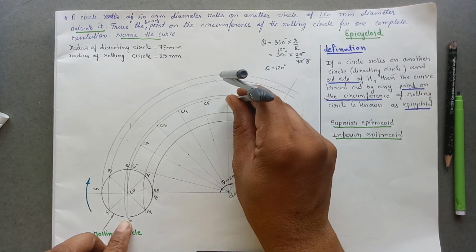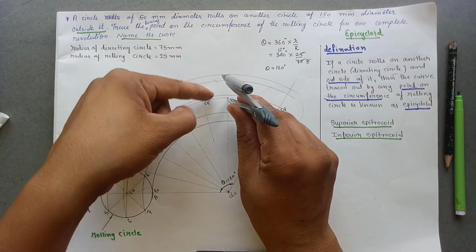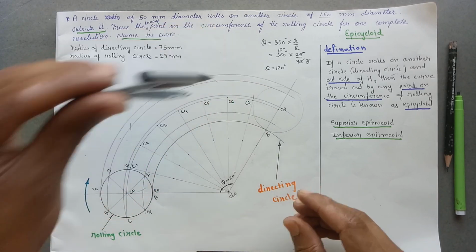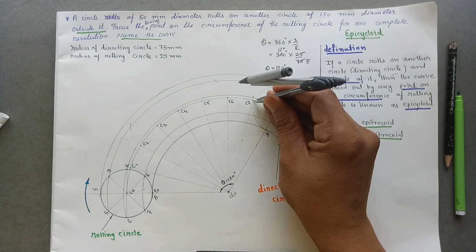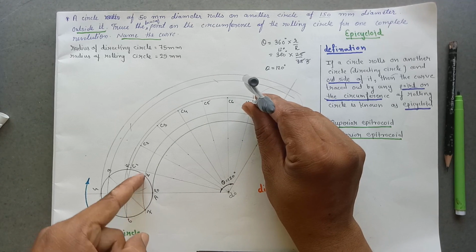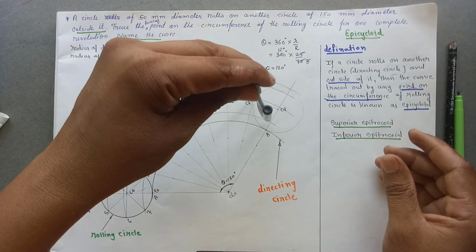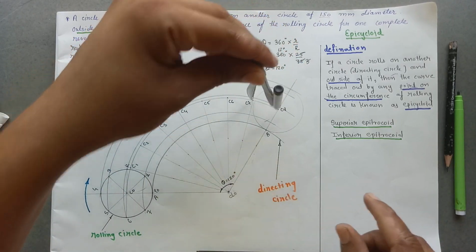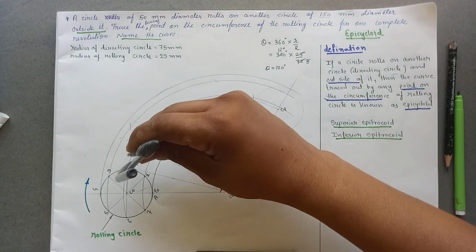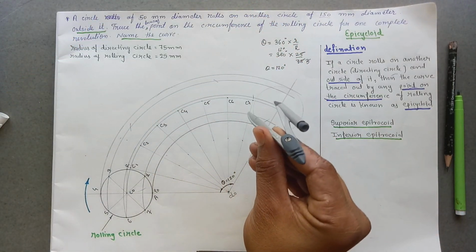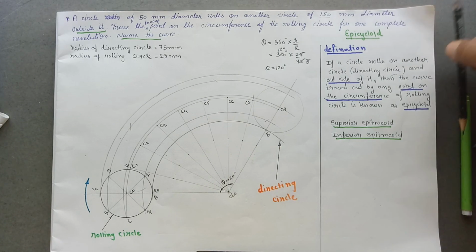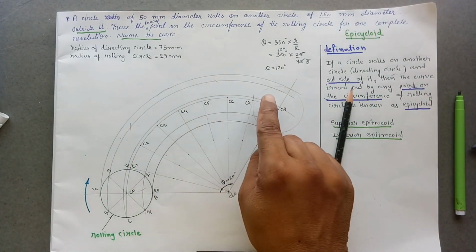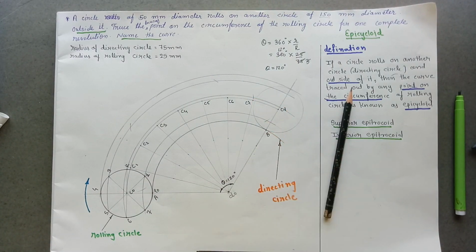Put your roundel on C6, give an arc on the arc passing from the sixth point of the circle. Put your roundel on C7, give an arc on the arc passing from the seventh point of the circle. You have to give the arc in the clockwise manner like this. Mark these points 1, 2, 3, 4, 5, 6, 7, 8.